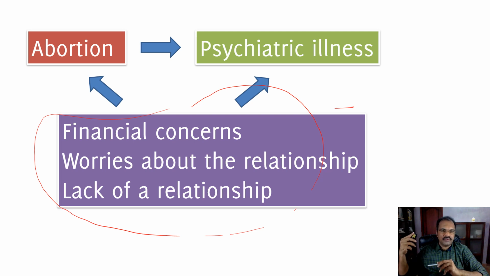Like in the previous example we saw, cigarettes lead to cancer, and along with cigarettes you will drink coffee also. So the association between coffee and cancer came. Like that, the real association may actually be between these kinds of factors and psychiatric illness, not with abortion as such. That is what confounding means. So again, many authors may mention that there is a possibility of confounding like this, but many others may not do that. You may have to make a decision for yourself.